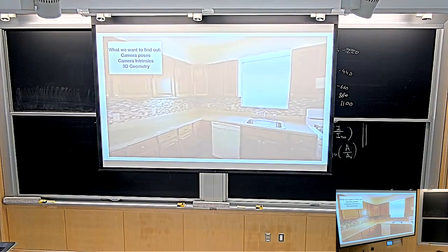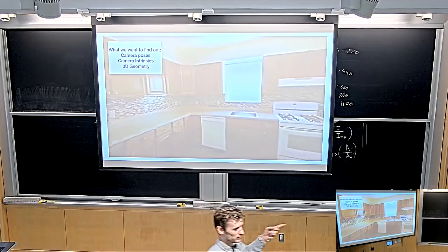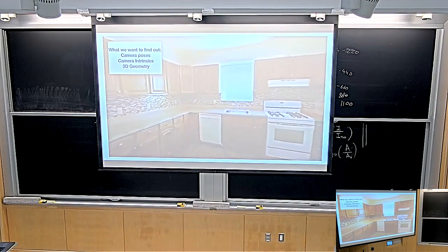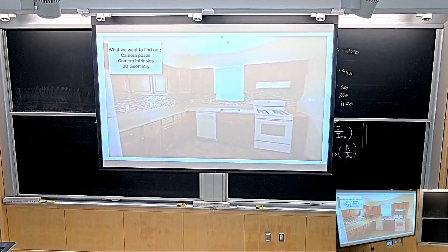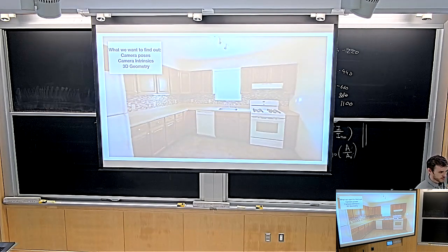I give you a video like this, which is actually a video from a data set called Real Estate 10K. Happens to be also from Noah, who is the guy who wrote this other paper. And so this is like a boring video, of course, it's like someone's kitchen, not that exciting. But given this video, it should be possible to reconstruct the poses of the cameras, the camera intrinsics, which is like the intrinsic parameters, and the 3D geometry of the scene, just from this video, and no machine learning, no nothing.